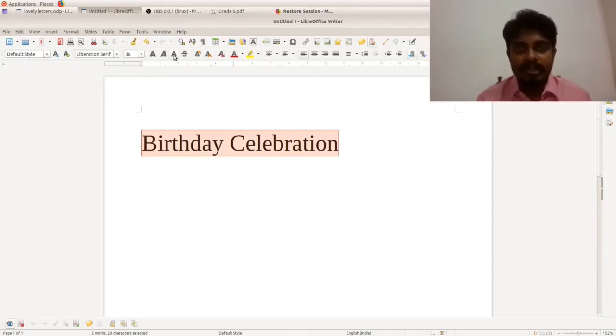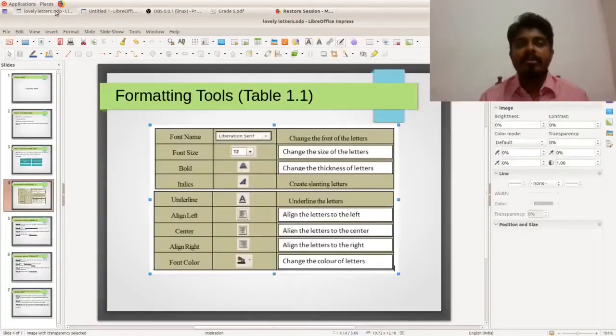So I'm going to click now. Now you can see here the underline. Is it clear? Okay. Now the next one,